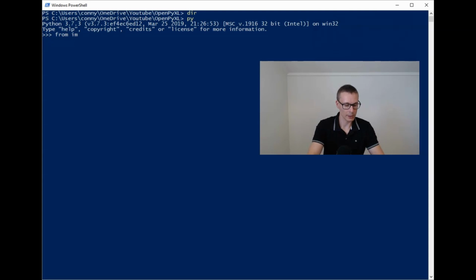And then we are going to write from openpyxl import Workbook. So now we are importing the Workbook method so we can create a new workbook. And then we are going to give our workbook variable the Workbook method here. Now when we have created our workbook, we have loaded it into memory, we can then save it